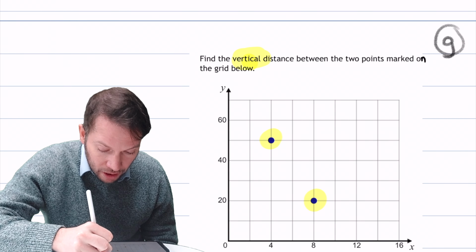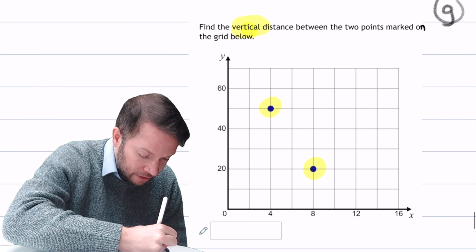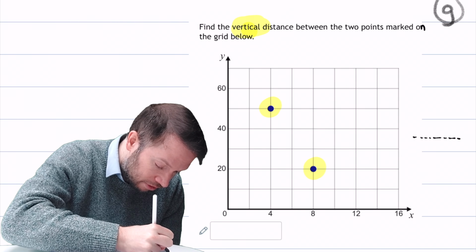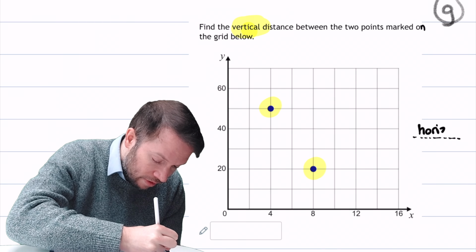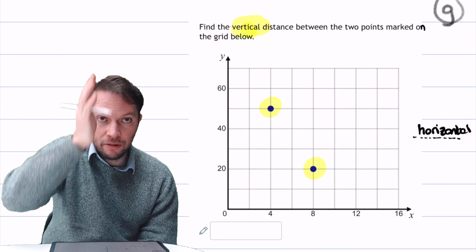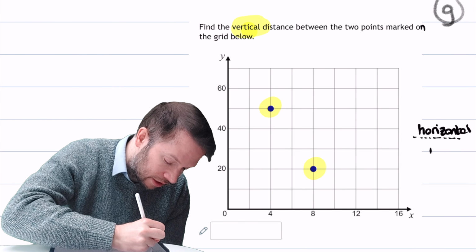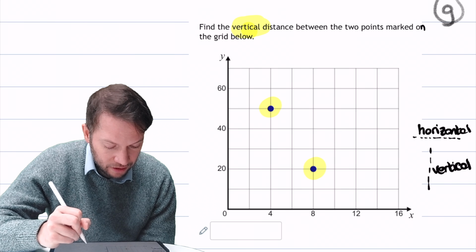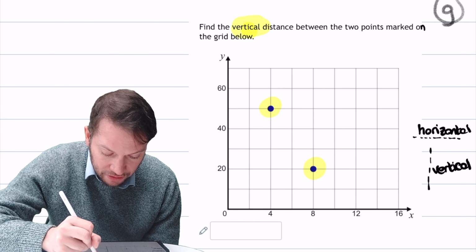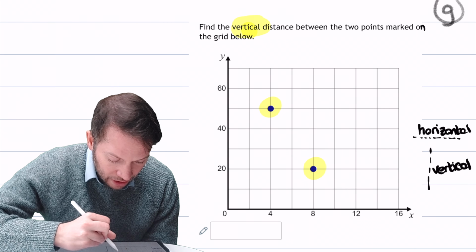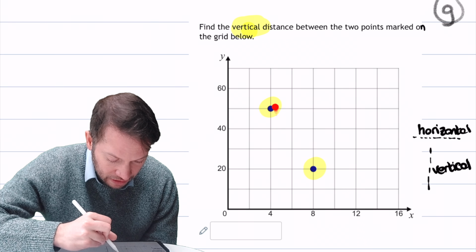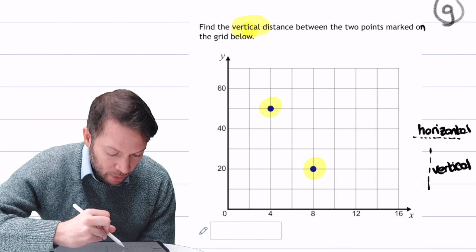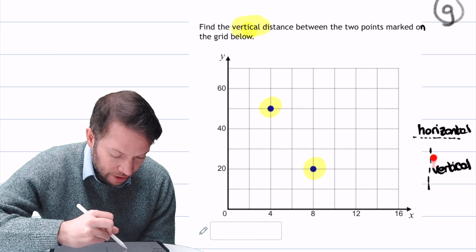Now remember that horizontal means in this direction, going across like that. So that's horizontal. Whereas vertical is up, down, so that direction there. So that's vertical, like that. So we want to find the vertical distance, it's the second one. And that basically means what's the difference vertically like this between this point and this point here. So we just need to think how far we're going up or down in the vertical direction from this point